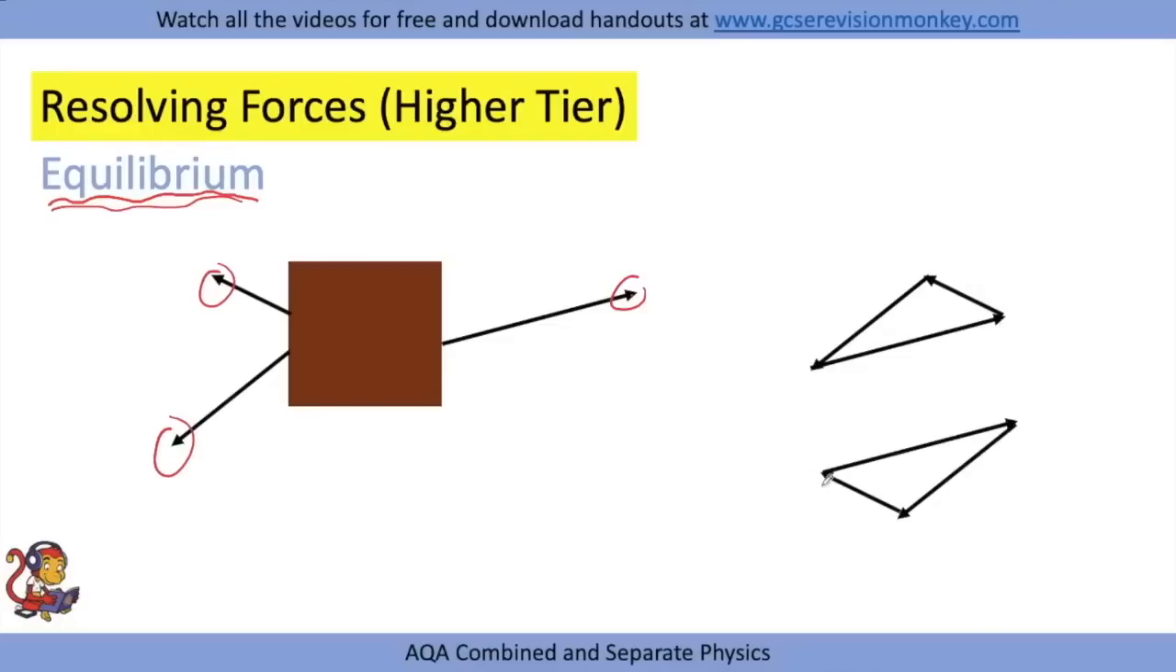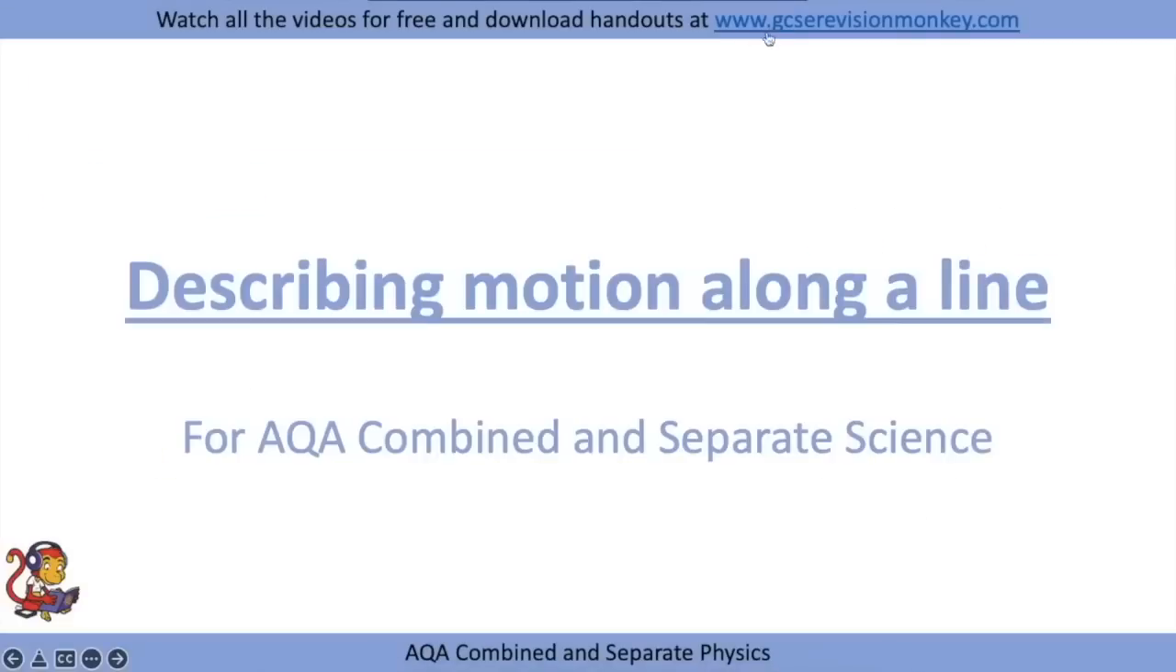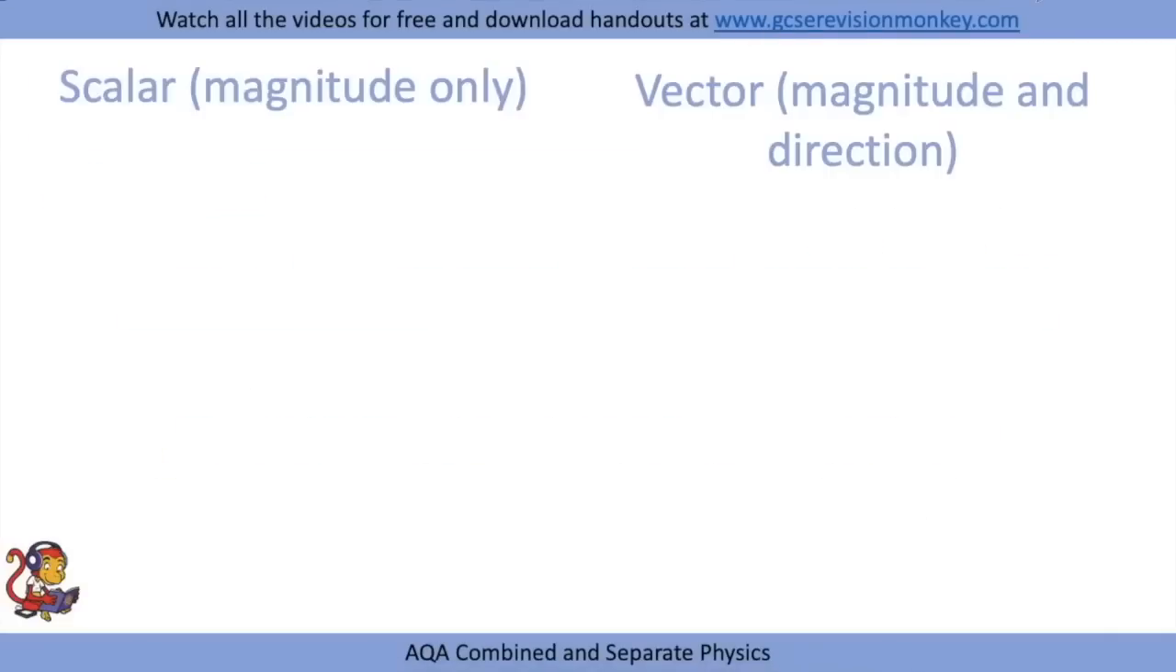If they complete that complete shape with no gaps, then there is no resultant force, and the object is in equilibrium. So we'd say the resultant force, in this case, is 0. In this topic, we need to distinguish between scalar and vector quantities, and the two we're going to focus on